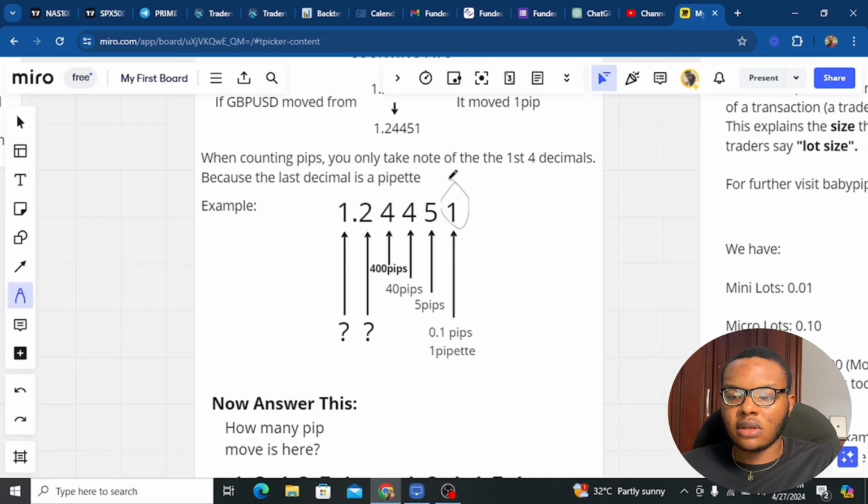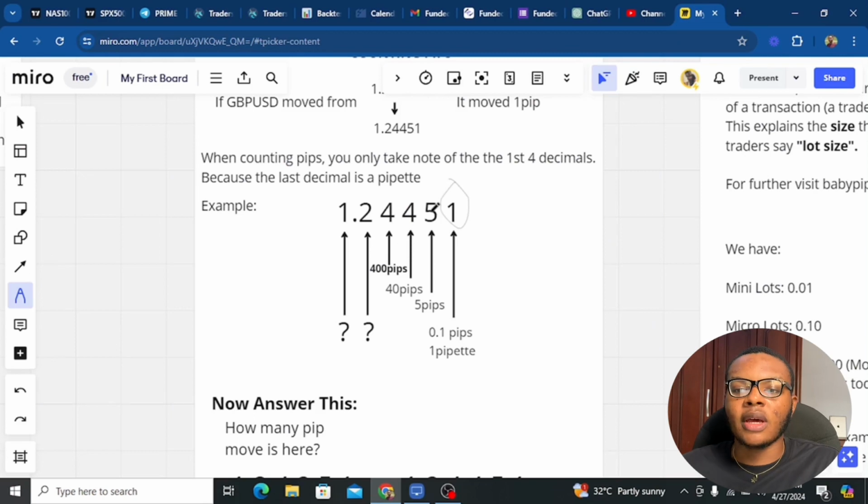This one here is 0.1 pips, or 1 pipet, just like the illustration I gave with the currency: dollar, cents, naira, kobo, that kind of thing. So this 5 here is 5 pips now. If it was 1 here, it should have been 1 pip instead. Remember this is 0.1 pips, but this is like 1 pip, but the digit here is 5,